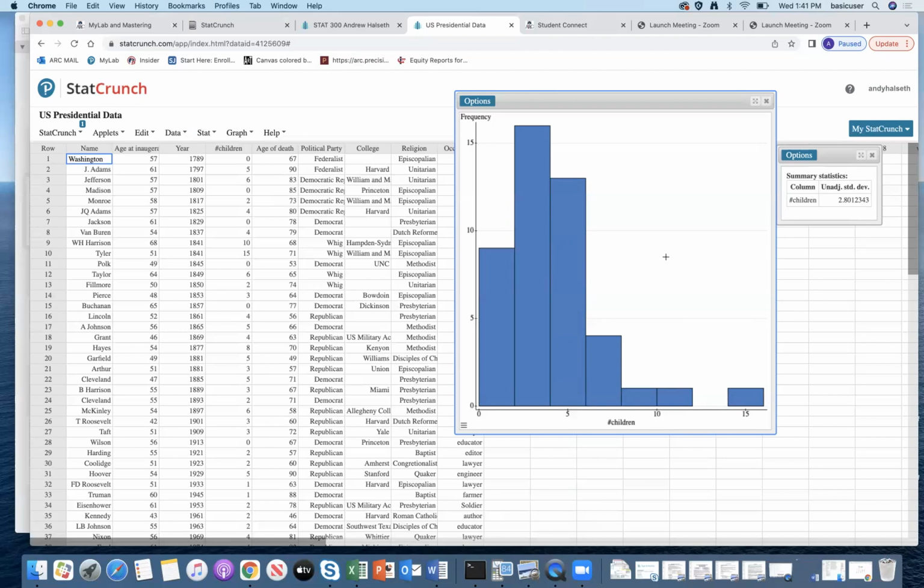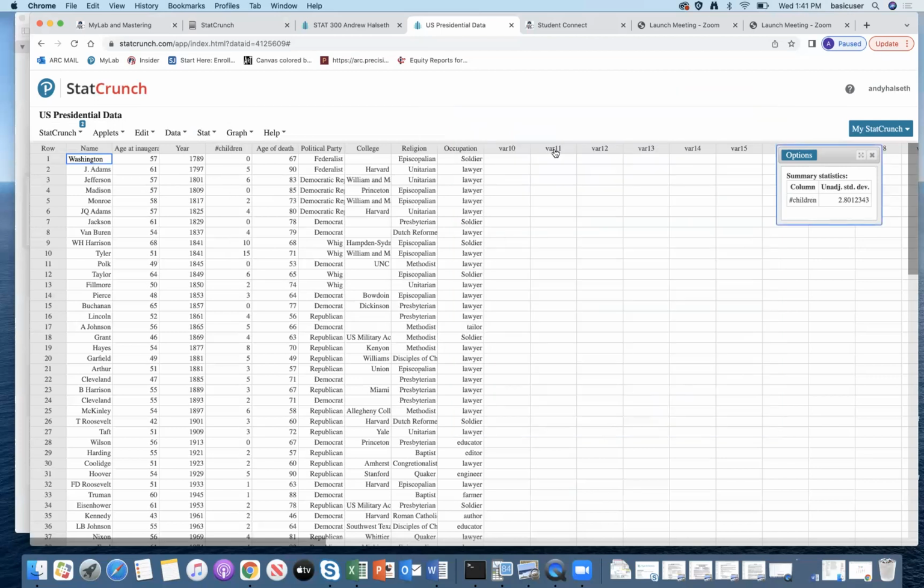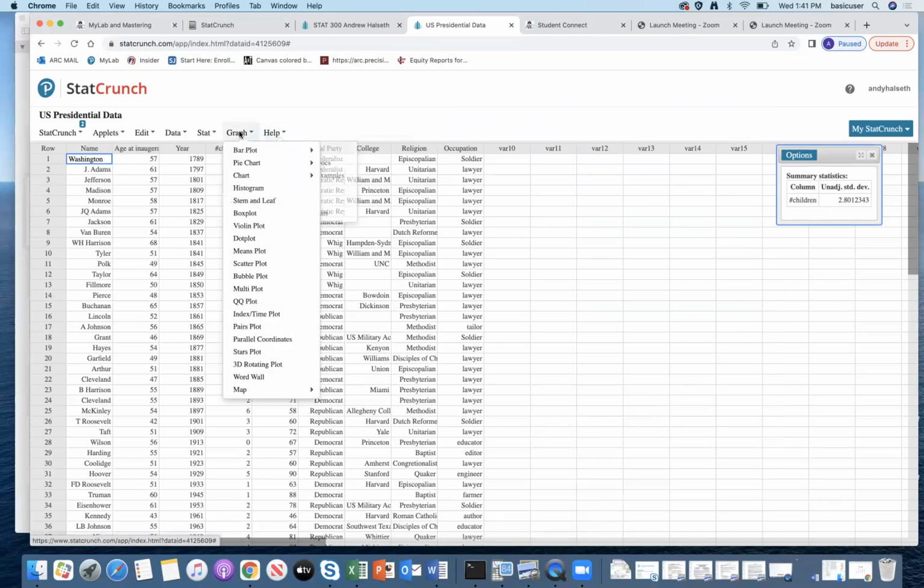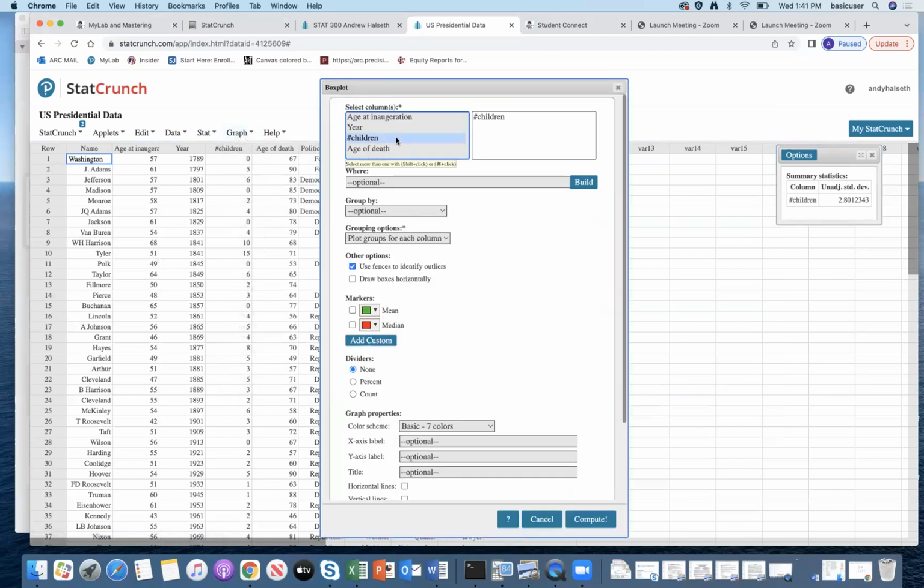Okay, so that's histograms. One other graph we'll look at is a box plot. So let's stick with our number of children here. Graphs, box plot, or another term for that is box and whisker plot. In the textbook, that's what it's called. So let's choose box plot for number of children. And the optional stuff, you don't have to put anything. The only thing I like to